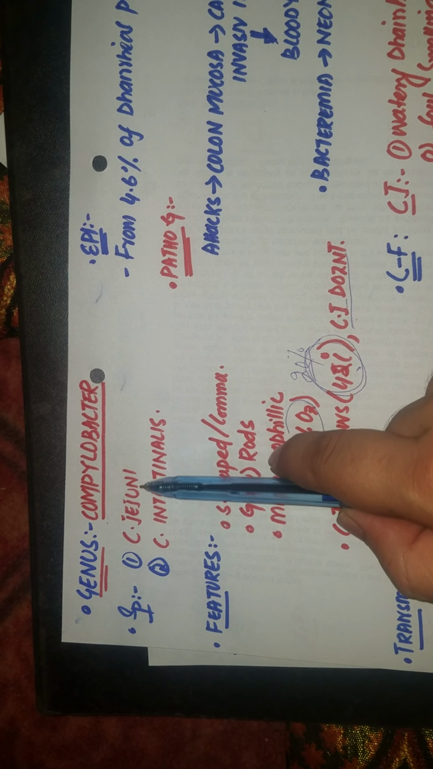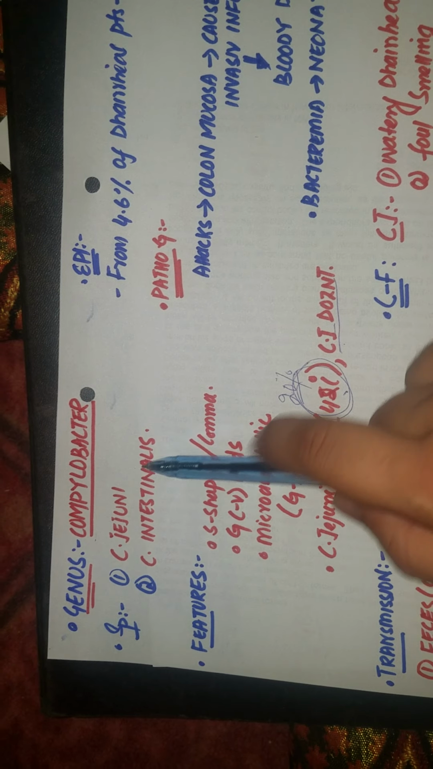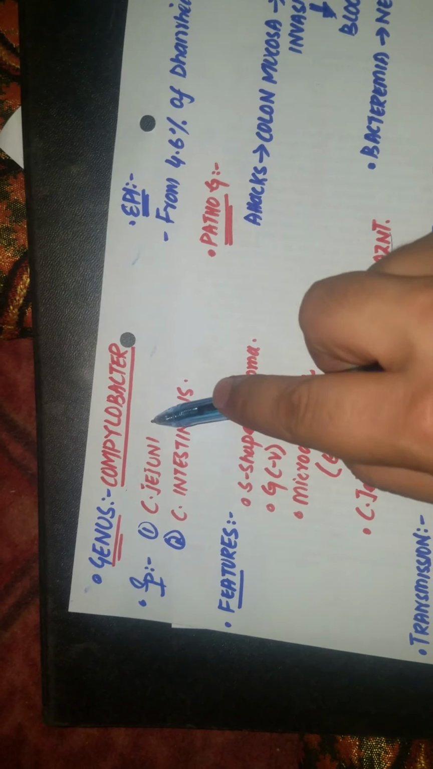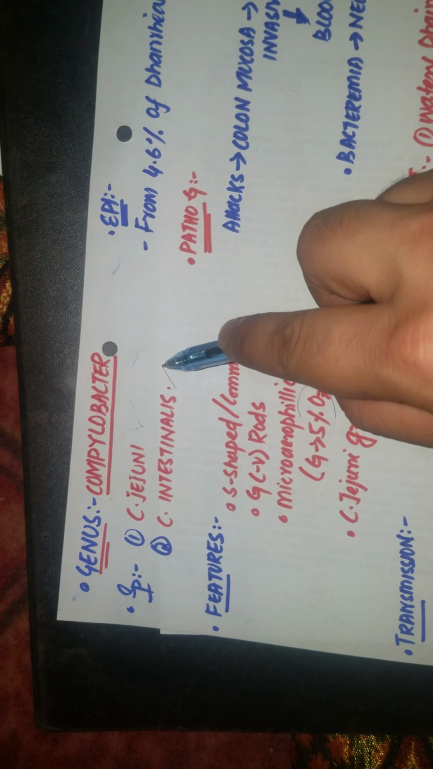Today we are going to talk about the genus Campylobacter. This genus has two important species. The first one is Campylobacter jejuni, and the second one is Campylobacter intestinalis, in which Campylobacter jejuni